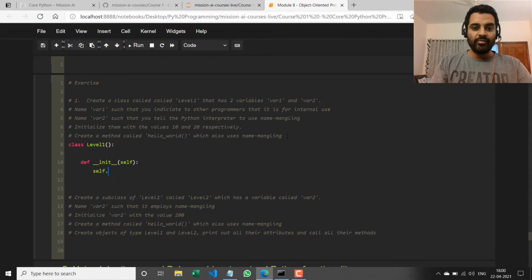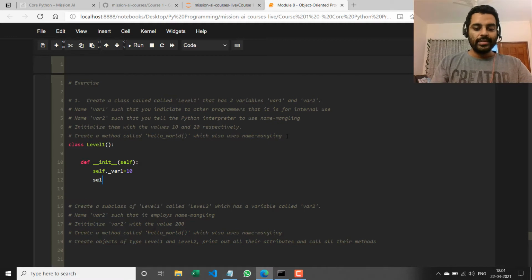I'm going to say self dot var1 equal to 10, and I have to indicate that var1 is for internal use, so I'll use a single underscore. Self dot var2 equal to 20. I have to initialize that, but I have to name it in such a way that I tell the Python interpreter to use name mangling. So double underscore.